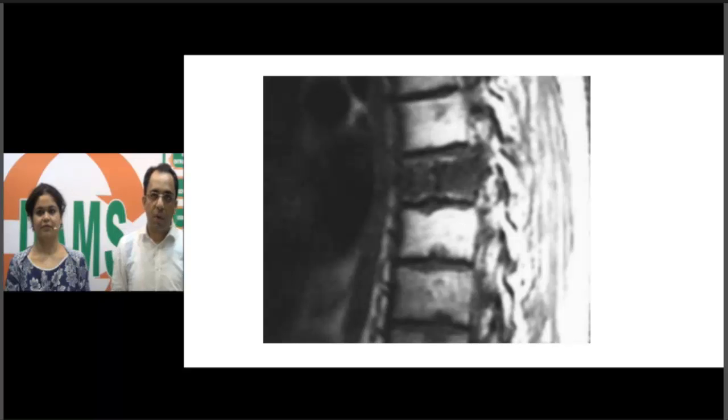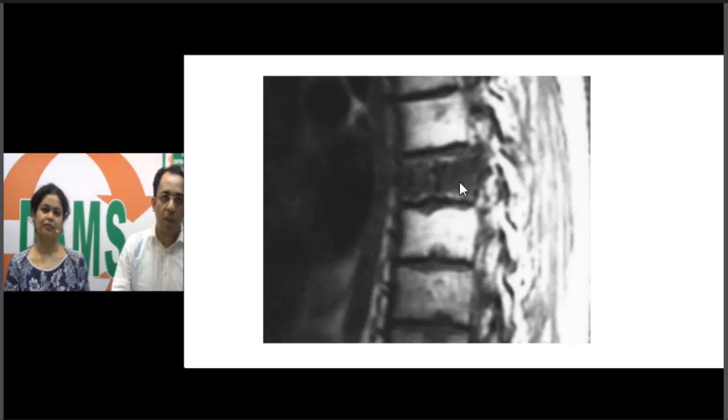Now, this is a T1 weighted MRI image in front of you. This is a sagittal T1 weighted MRI image of the vertebra, and we are able to see a lesion in the vertebra which has hypo-intense signal on T1 weighted image. This hypo-intense signal would be non-specific. You would see a similar appearance in metastasis and in plasmacytoma, myeloma. So we have to look at other images to make a diagnosis.